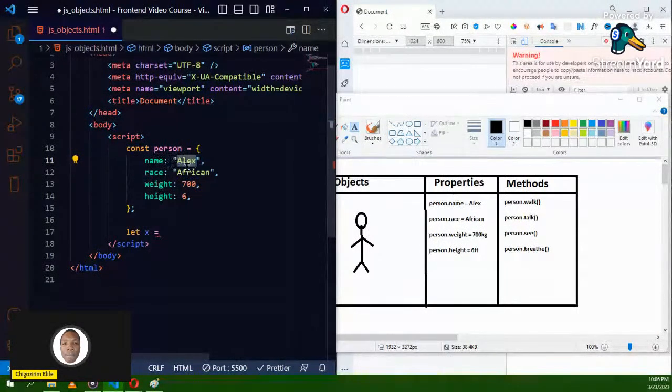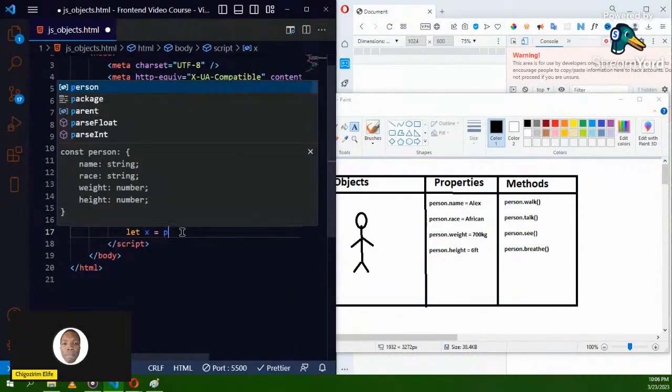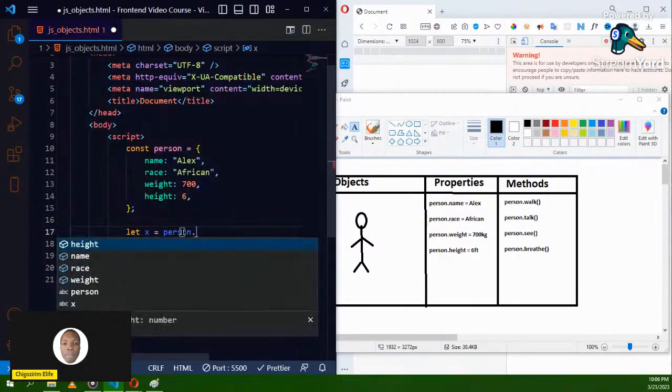I don't need to come and start writing Alex. No, because this name can change. So for me to access it, what I need to do is use this method here. I mean, this method of accessing it, not actual method. So person, by writing that object name, person dot name